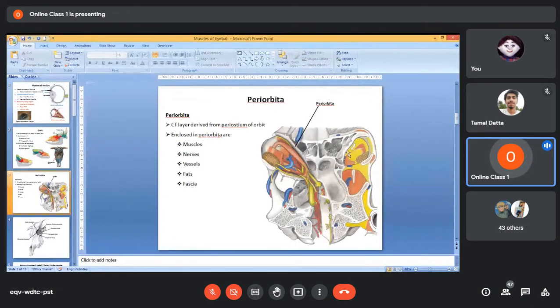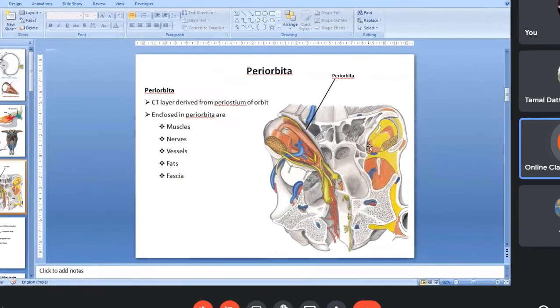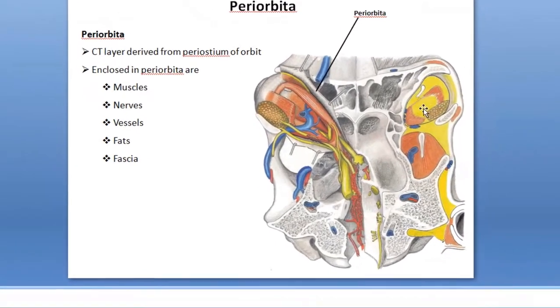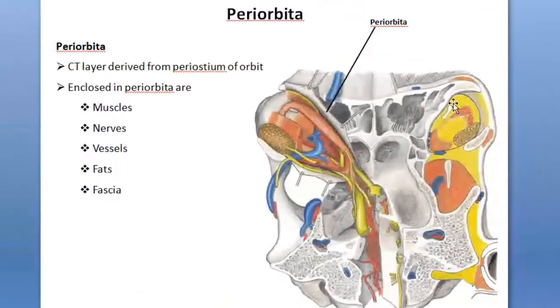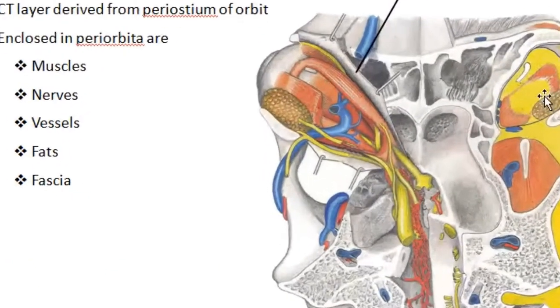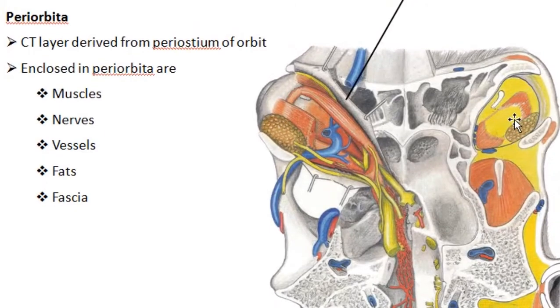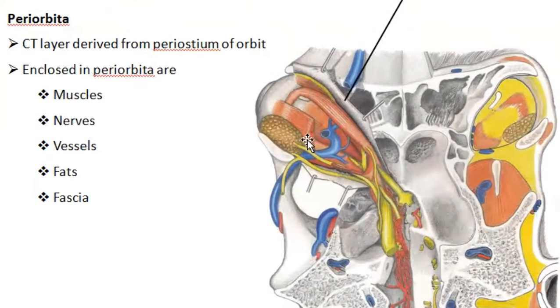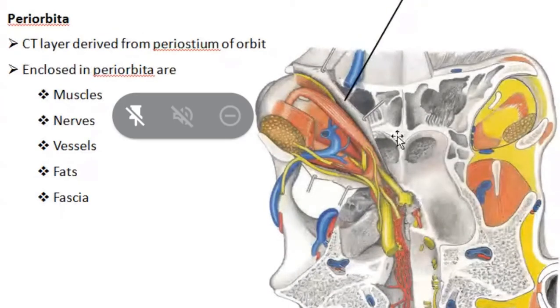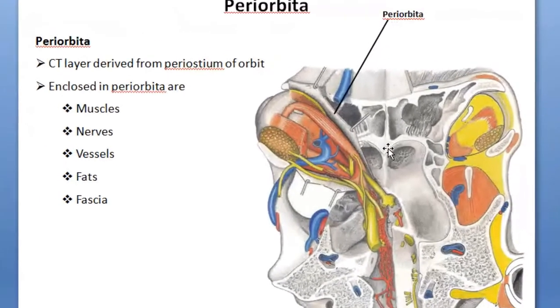Whereas on the right side, the eye has not been dissected. So you can see the lacrimal gland, then some muscles, then one cartilage, and this yellow color structure indicates the fat, that is the orbital fat, an accessory structure. Only if you remove this fat can you see the muscles and vessels. And on the lower part here, this is the cranial cavity.